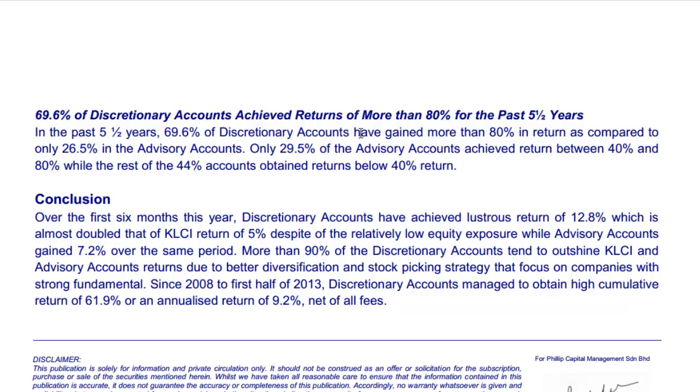So with this, if you ask me as a retail investor, I'm quite confident with what I'm seeing right now, and I'm going to pump some of my money into this PMART by Phillip Capital PCM whenever conditions permit. So to sum it all up, over the first 6 months of 2013, discretionary accounts have achieved a quite good return of 12.8%, which is almost double the KLCI return of 5%, despite a relatively low equity exposure, while advisory accounts gained about 7.2% in the same period, which is not too bad considering the 7.2%,